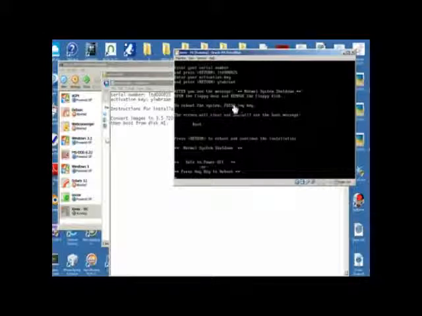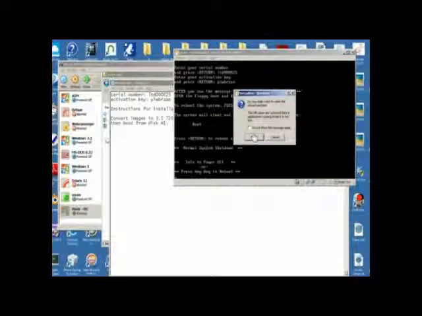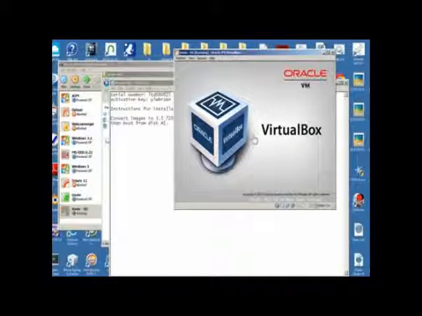And then when it tells you this, you have to remove the floppy drive. So just right click the floppy picture and click remove, and then click reset and reset again and let it